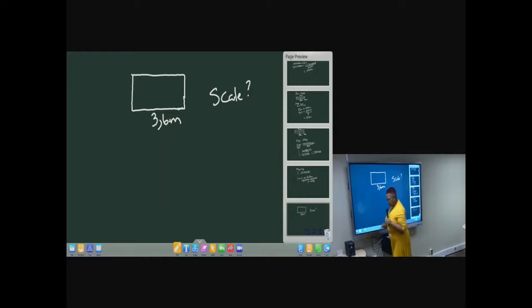So what do you do? You will just measure. Let's say you measure that using a ruler and you get 12 centimeters. The question now is for you to give a scale. You are given a drawing, and you have to write the scale which has been used for the drawing. So you just measure the distance on your drawing using a ruler, then you will write it as a ratio. It's saying 12 centimeters is